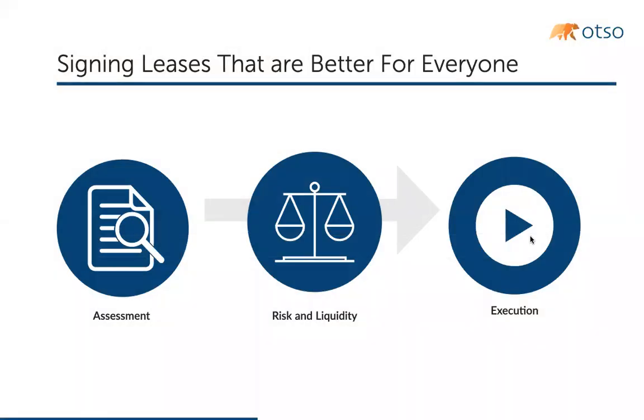And so really what we're going to go through today is, how do we sign leases that are truly better for everyone? That's one of our missions at Otso. We want a better leasing process. We want better leases that fairly assess tenants and give them the strength and creditworthiness they deserve if they are strong. And then we want landlords to make better decisions in a quick, efficient manner. We don't want them to have to groan and worry about who they're leasing to and take on additional risk without having the information to be able to make the decision.